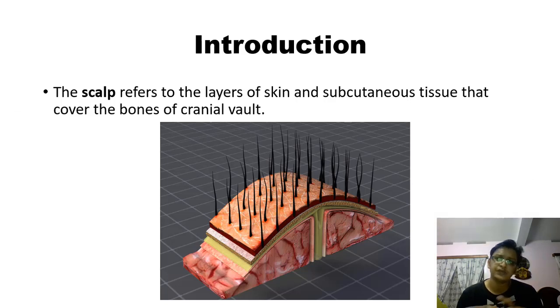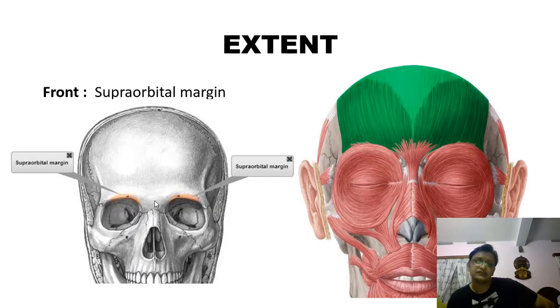As you know, whenever we start a topic like scalp, we need some introduction, and the introduction is very easy for this because it refers to the layers of skin and subcutaneous tissue that cover the bones of the cranial vault. Coming to the extents of the scalp,